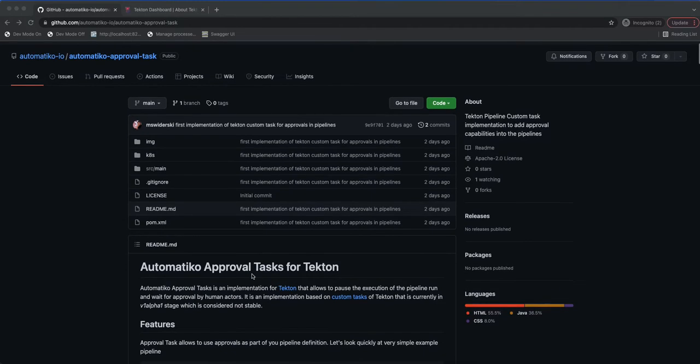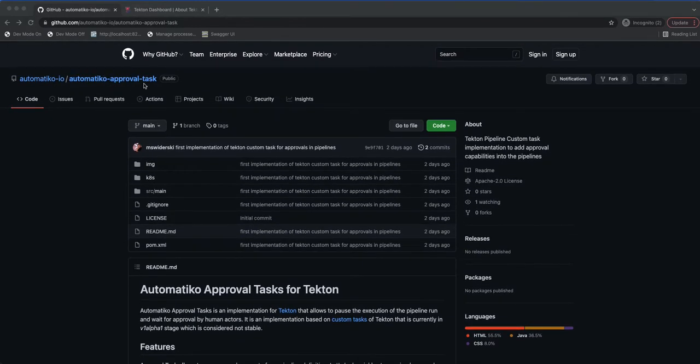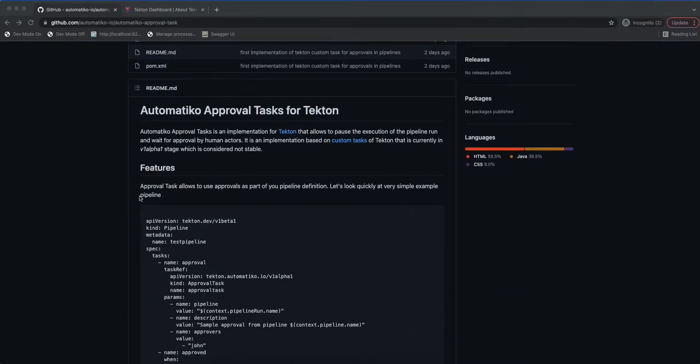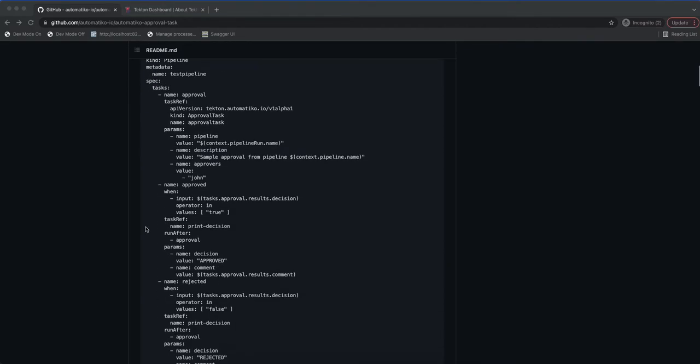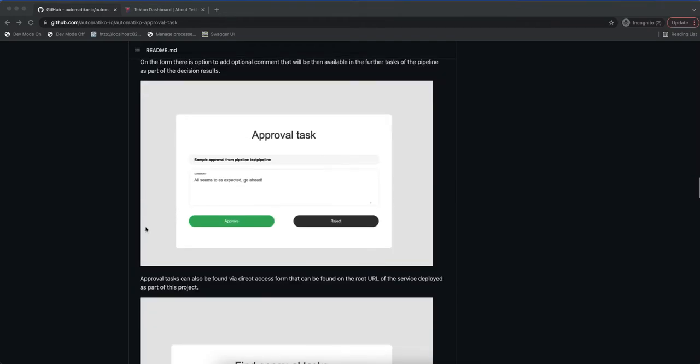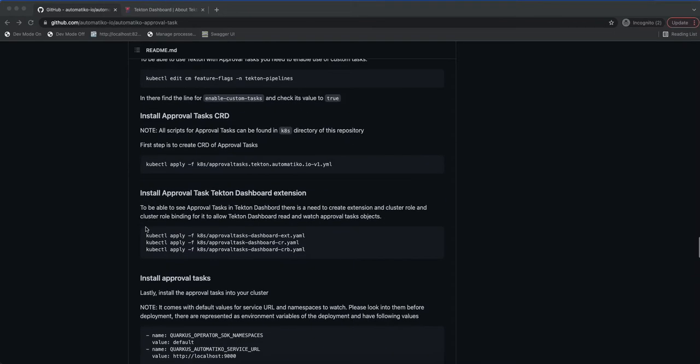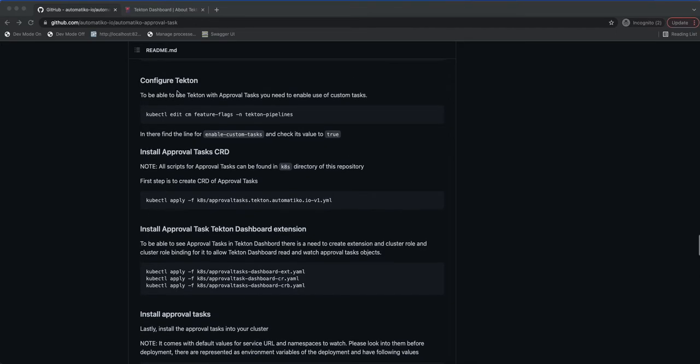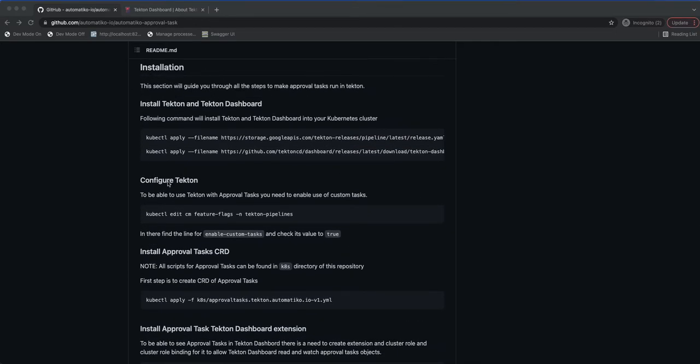And here in the repository of the Automatiko approval task, which is within the Automatiko IO organization, you will find a description of the features of the approval tasks, and then all the information as well on how to install it into your